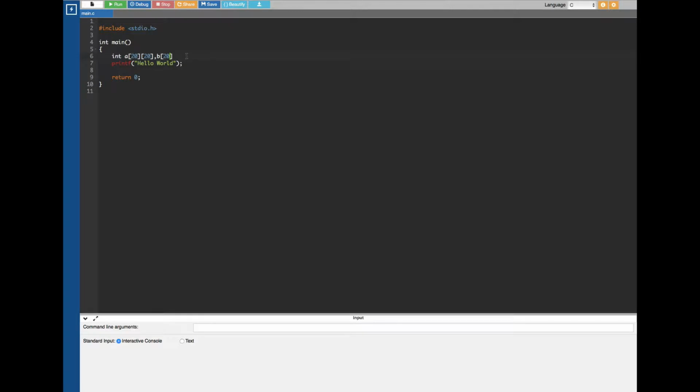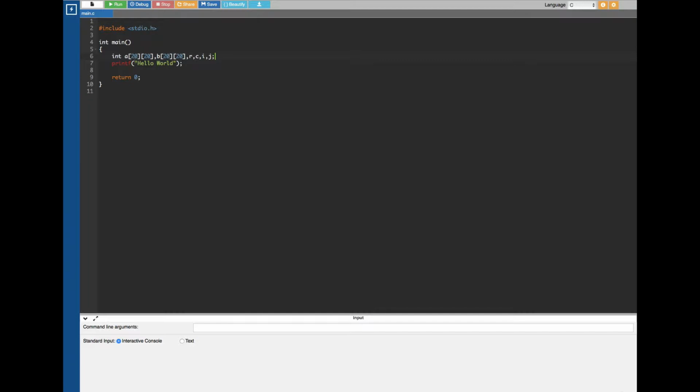and another array B, 20 and 20. Okay, now here we have to decide the columns and rows based on the user's input. To store the column and row, we are going to introduce some integer type variables, R and C, and for looping I and J. Here we are going to use a nested for loop, so we are introducing two integers for looping. Okay,